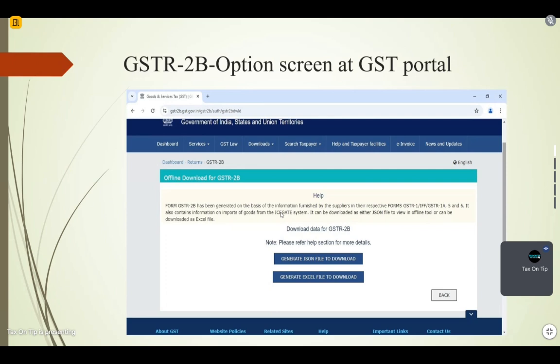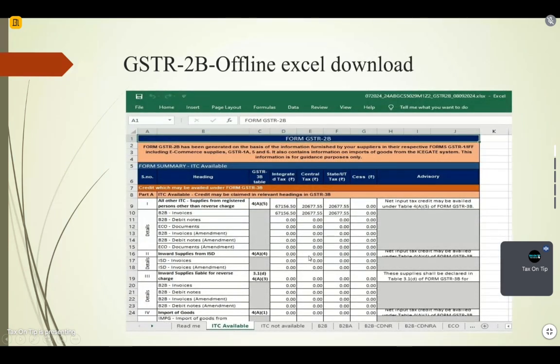In case of a large supplier, अगर आपका बड़ा client है तो you can ask for the purchase register and you can match the data with the GSTR-2B. So how can you download the GSTR-2B in Excel mode or JSON file? Moving on to the first option of Excel, once you download that Excel file, it will appear in this way. I have just downloaded one data of